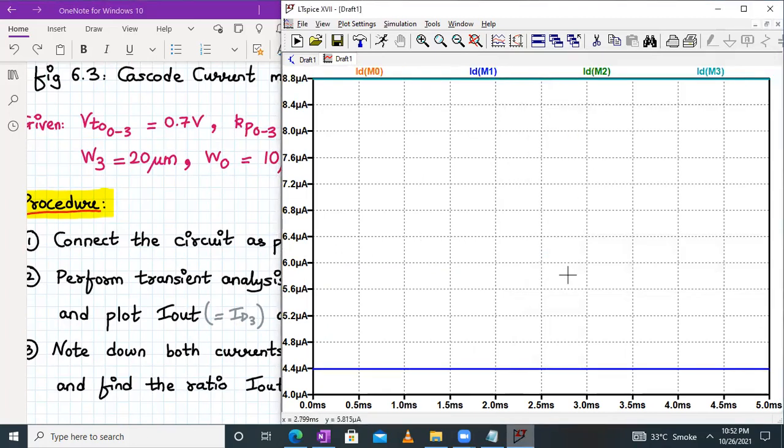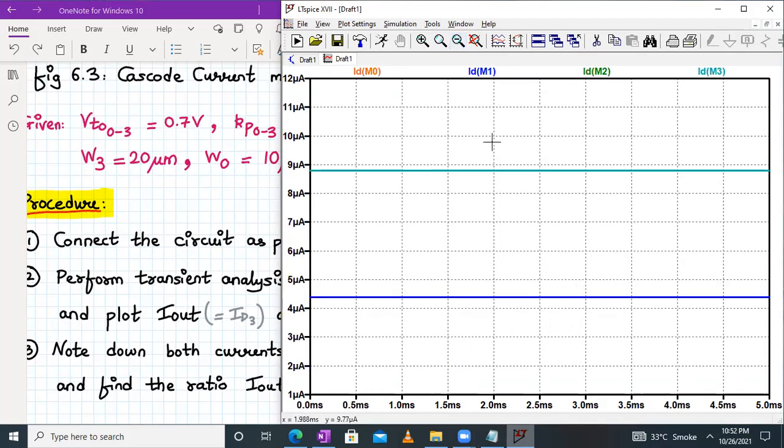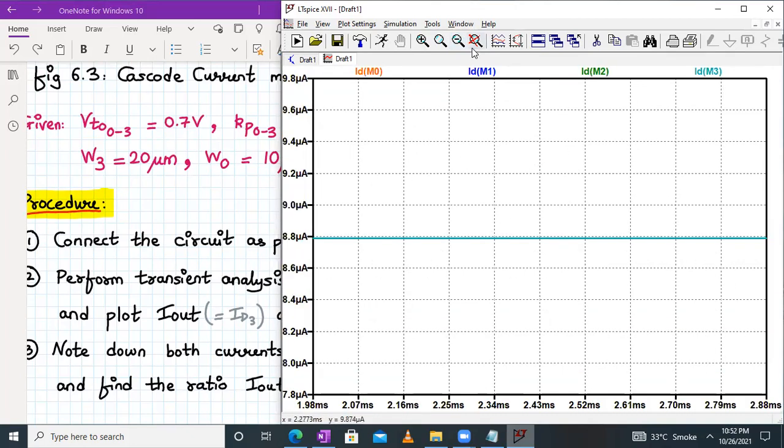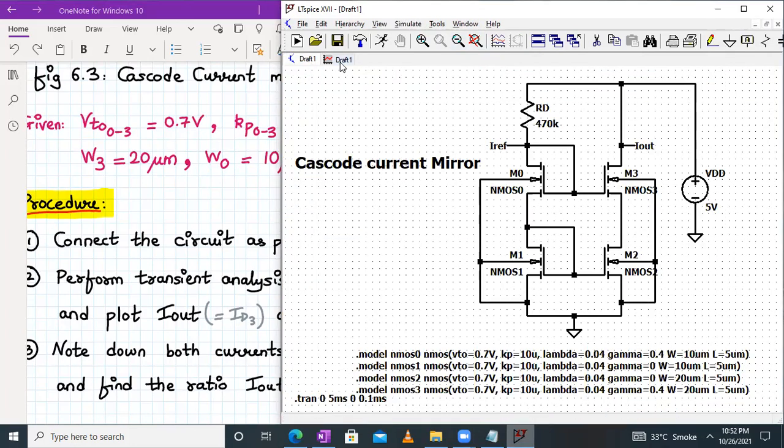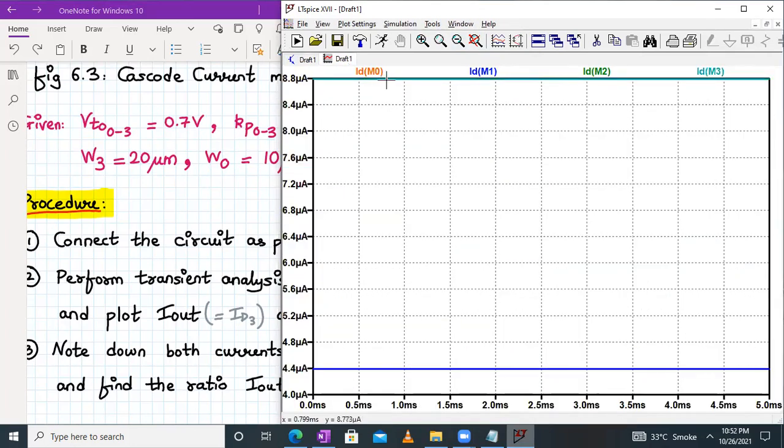So as you can see, some of the currents are coinciding, some are not. So let me just decrease the scale. Basically what will happen is ID0 and ID1 will be the same, and ID2 and ID3 will be the same. Hence you will get this current distinction. From here only you will get the reading.